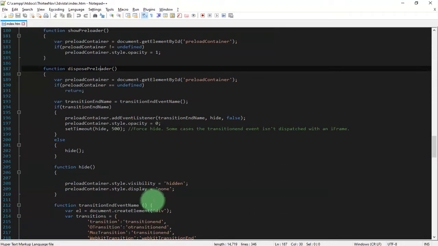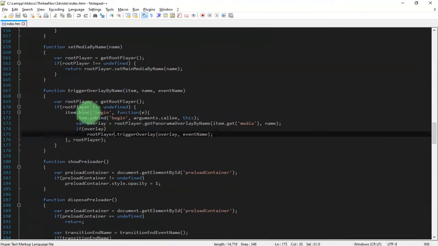What I'm going to do is try to figure out how to use these existing functions. For example, you can see this one, root player.setMainMedia by name. I can guess that this function, set media by name, we can use it to change the panorama, the panorama page.